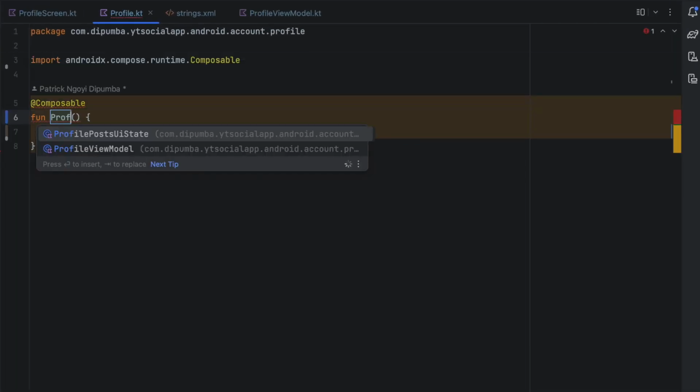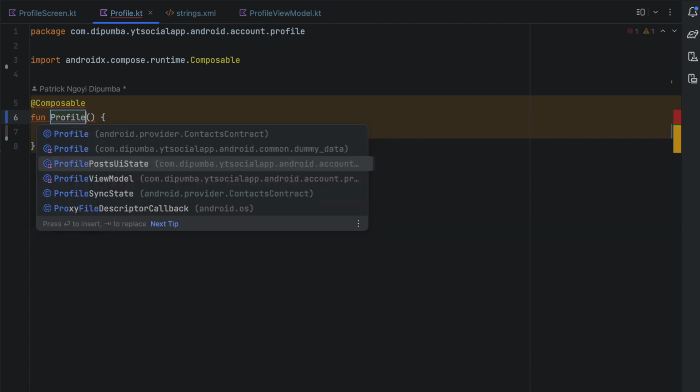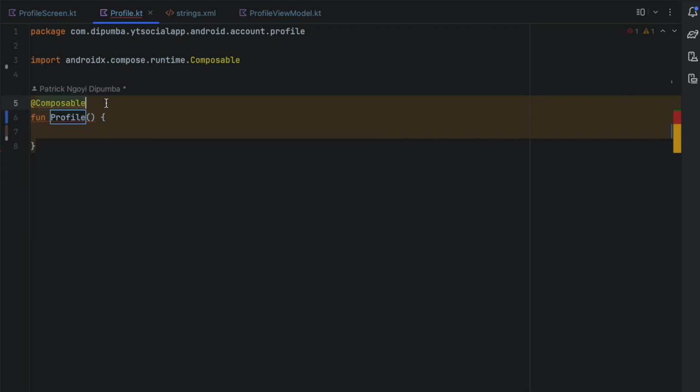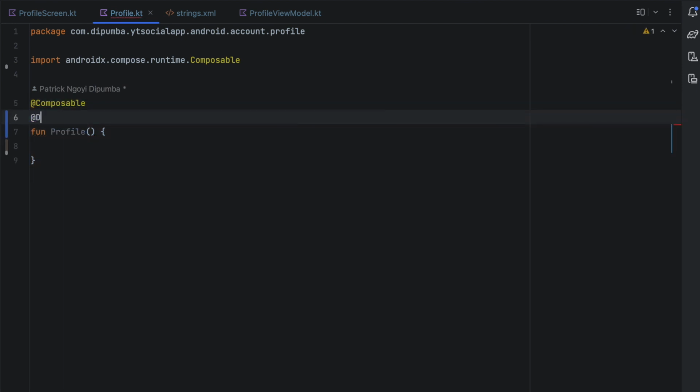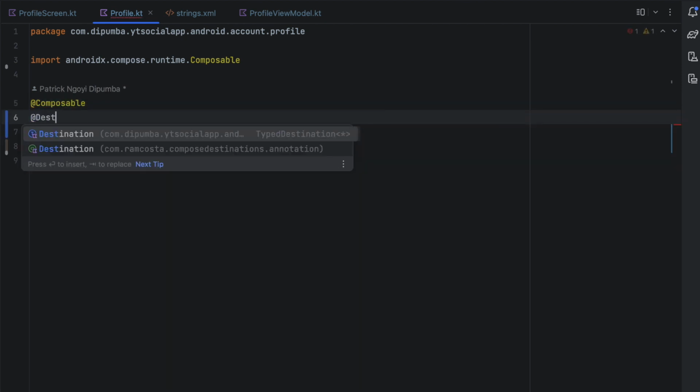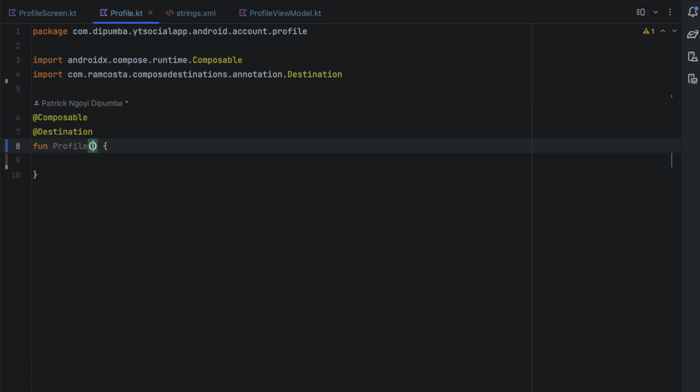Composable, and this is going to be called Profile. We need to add the Destination annotation here, so add that Destination and select this one from our compose destinations library. Alright, so our profile destination will need the user ID,